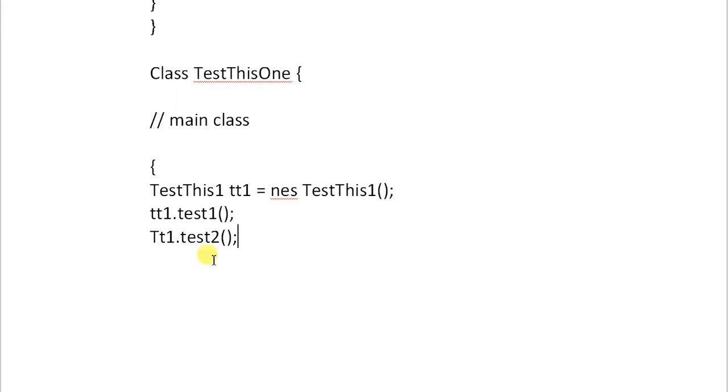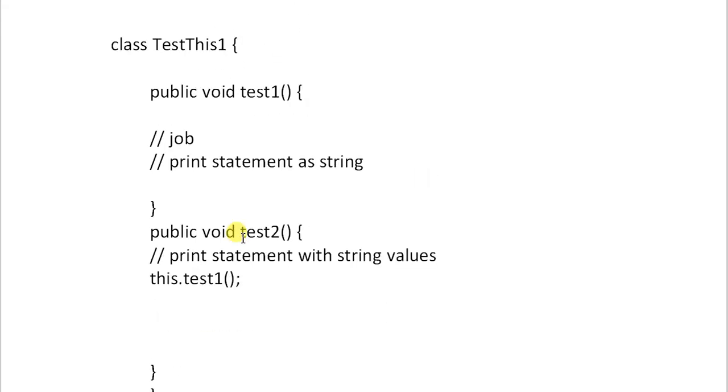So what will be the output if we execute the program? Before analyzing the output, let us have a look again. This is an independent class where two methods are there as class members. One method has a random print statement with string values.